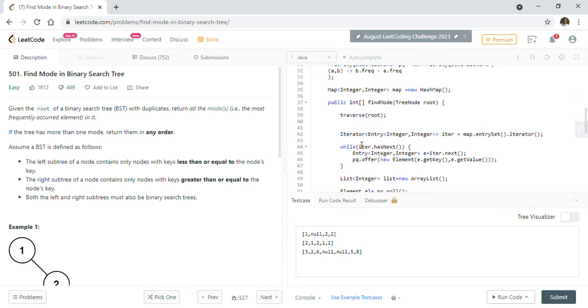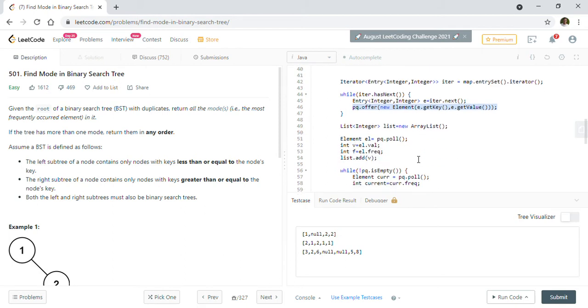And here I am going to insert all the elements into the priority queue based on their value and the frequency that we have in the map. So later when we are polling the queue, we will get the most frequent element first.